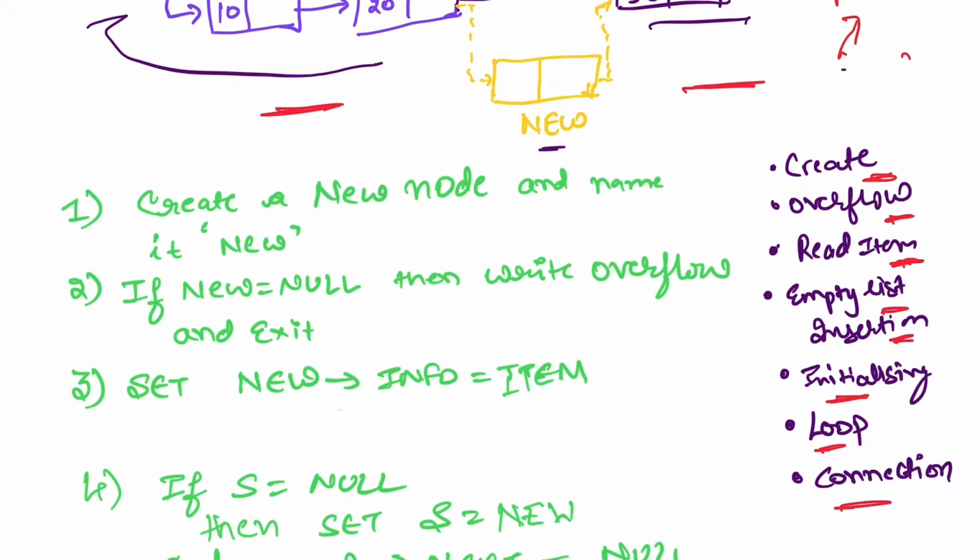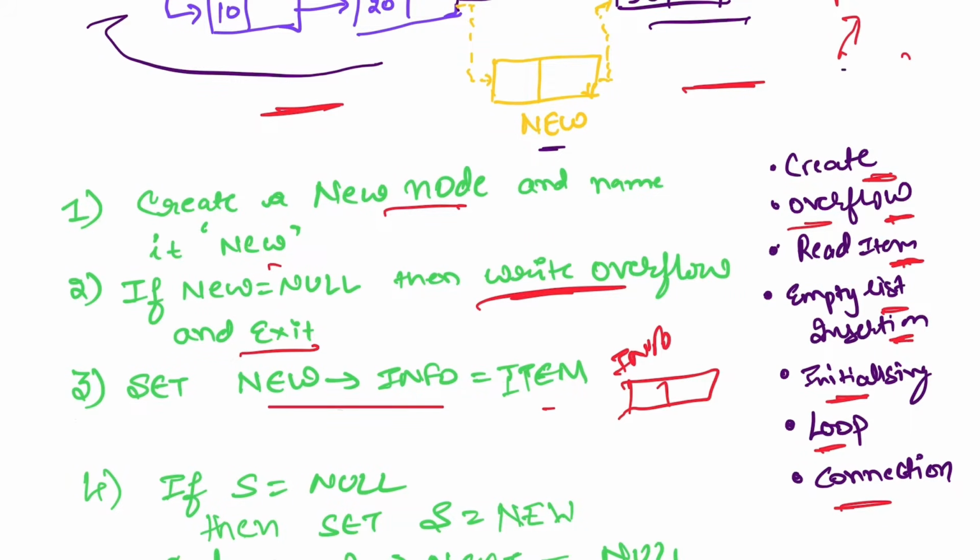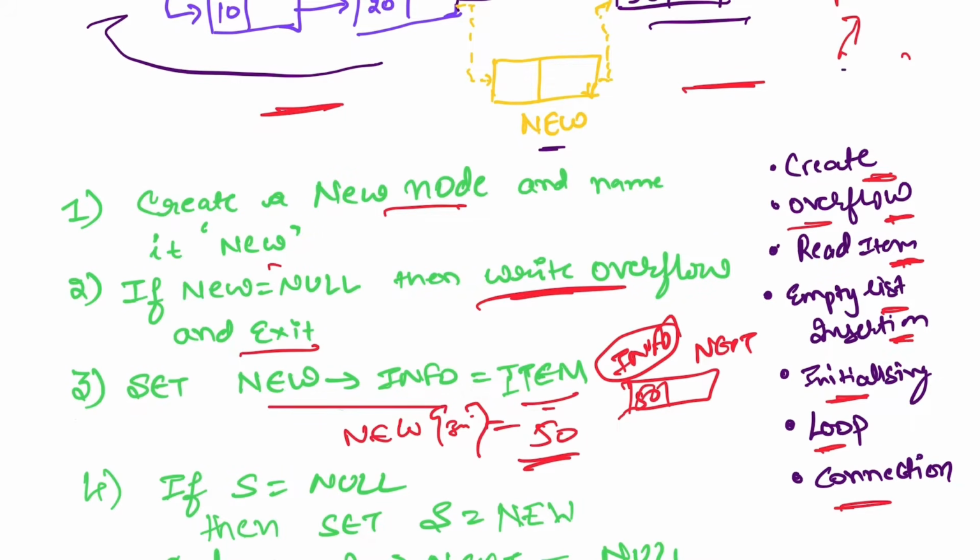algorithm. Okay, so first step, we will create a new node. We have done it n number of times, and name it new. Then we will check the overflow condition and exit. Then we will read new info item. Every single node has two things, as I have told you: info and next part. The info part is the data. Let's say I want to store 50, so I will set new info equal to 50,